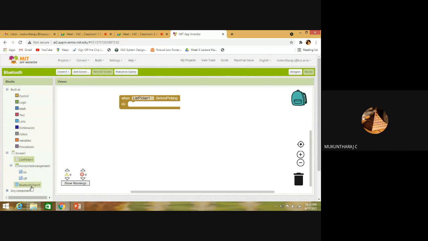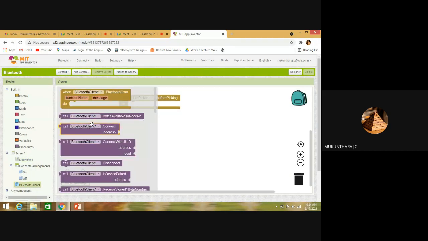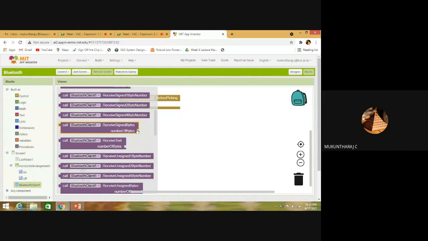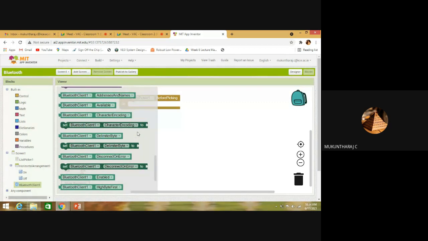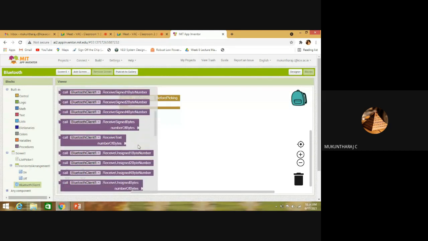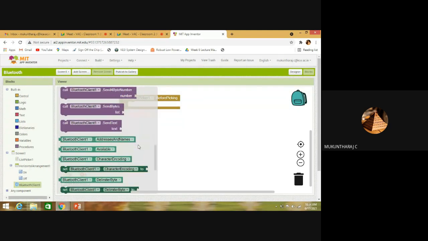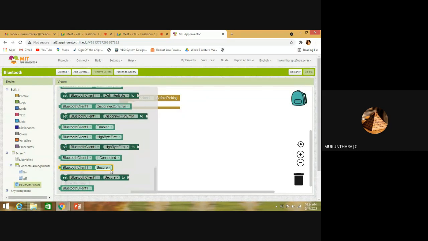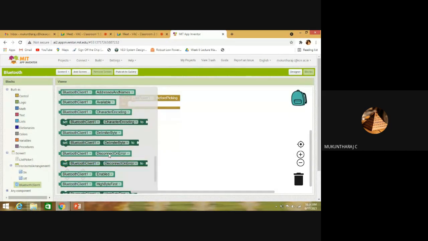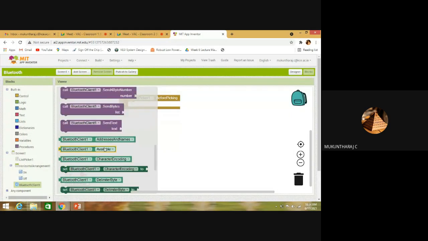So coming to Bluetooth client, we can find call. So we must list the Bluetooth clients, right? So we should get set Bluetooth client.